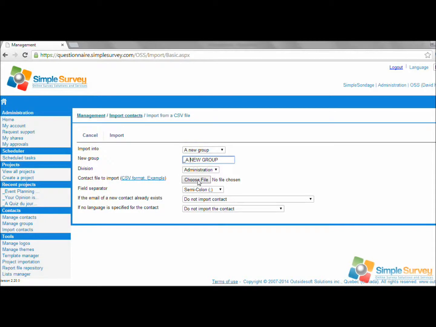You have to choose your CSV file or your contact data file to import. It should be in CSV format. We have an example of that here, and more information on our FAQ about that, but you can easily create them from lists in Excel and saving them as a CSV file. So we invite you once again to look at our FAQ on creating your contact file. In this case, I already have one that's created. If we choose the file,